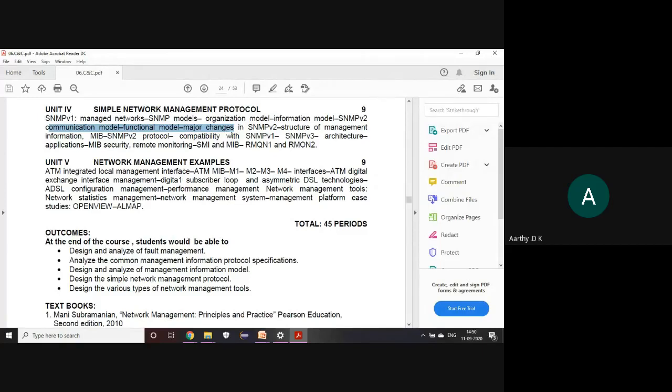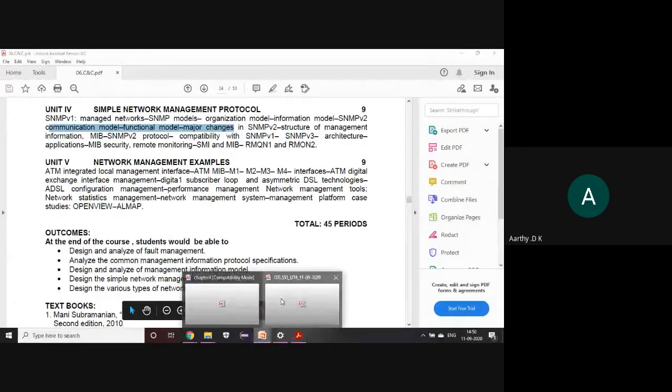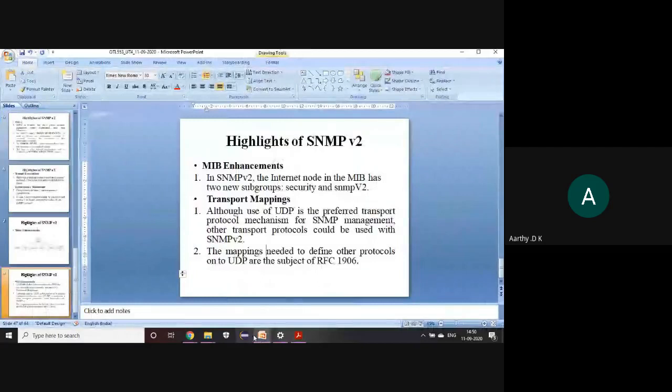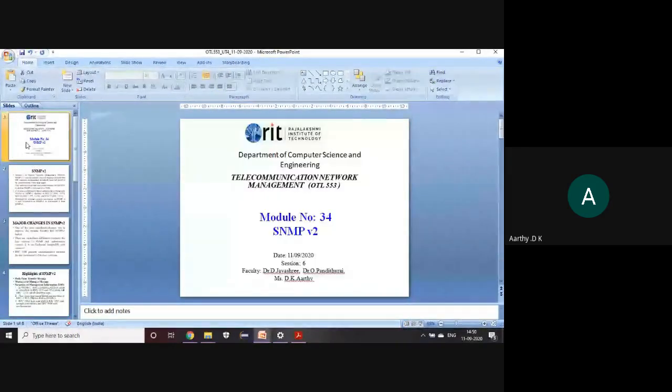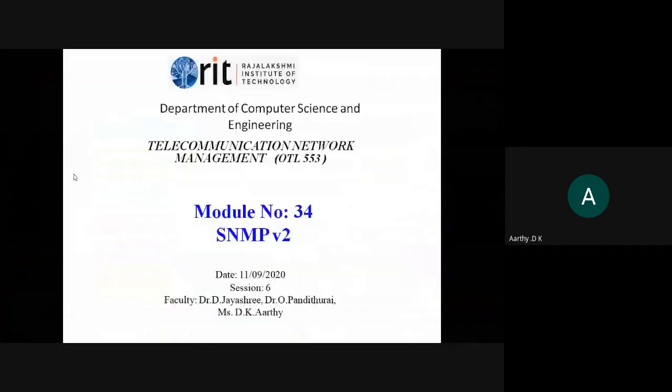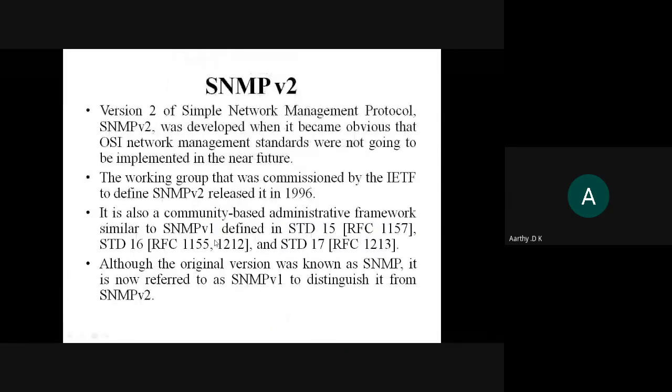Now we will see the major changes that we have in SNMP version 2. I have 10 minutes, so I'll just quickly cover that. First we had SNMP version 1.